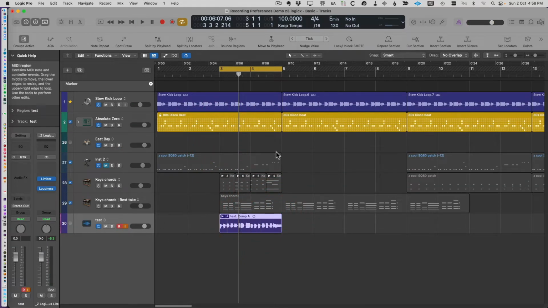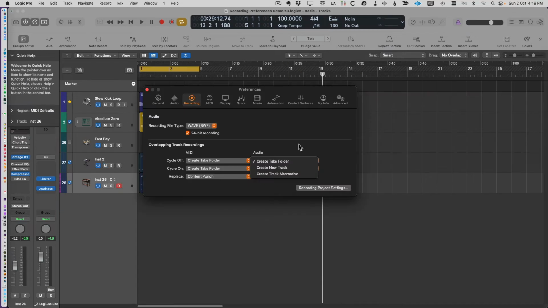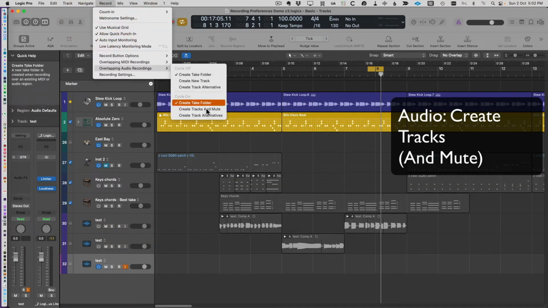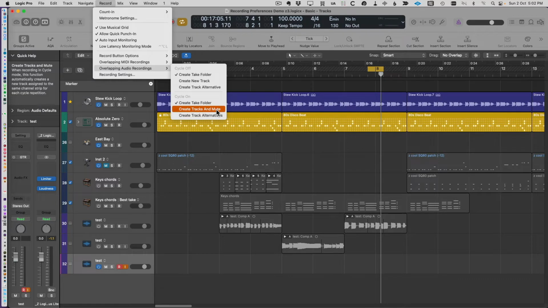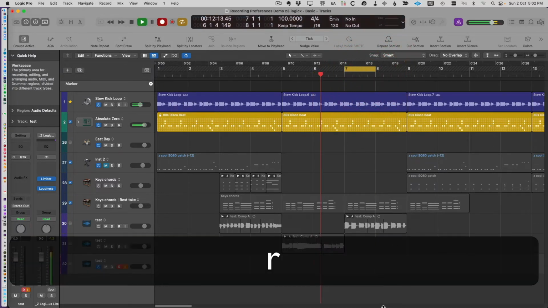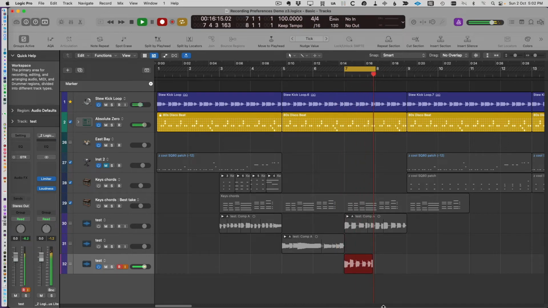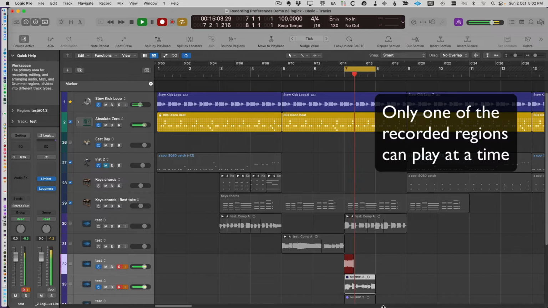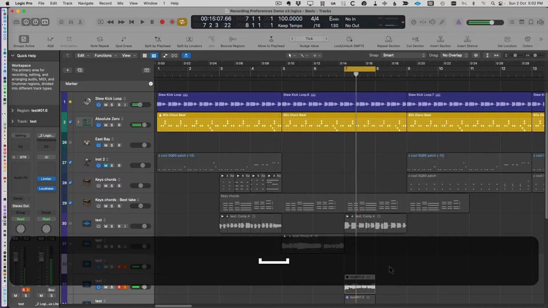It's part of that curation process when you are creating stuff, and then you've got to choose the best bits. That's curation. Create new track is basically where every time you go around or you overlap, it will actually create a new virtual track and put the content on there. Just be careful with that because it doesn't create a new channel strip in your mixer. It just creates a new virtual track, so you can only ever hear one of those takes at a time